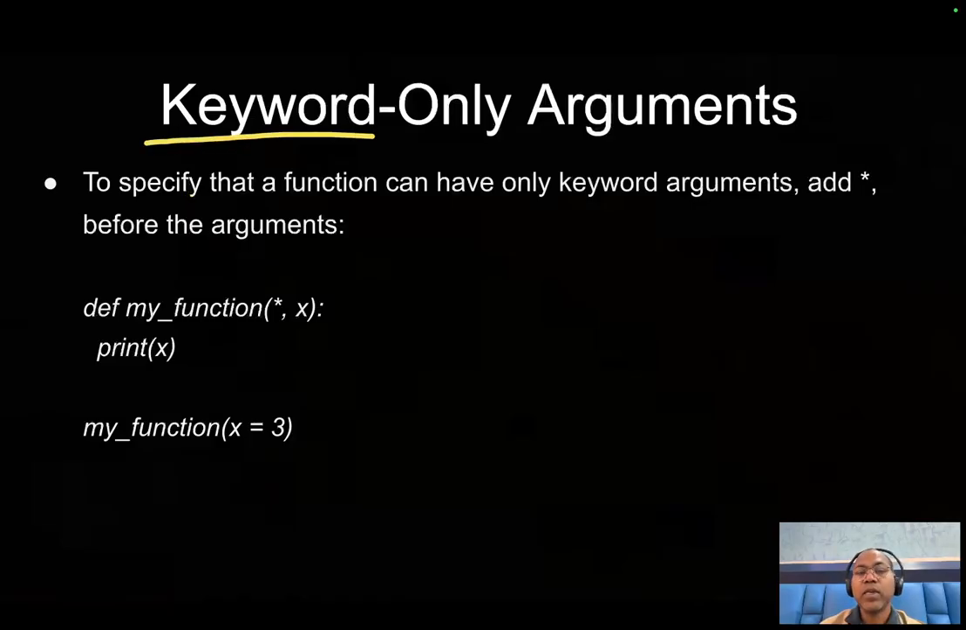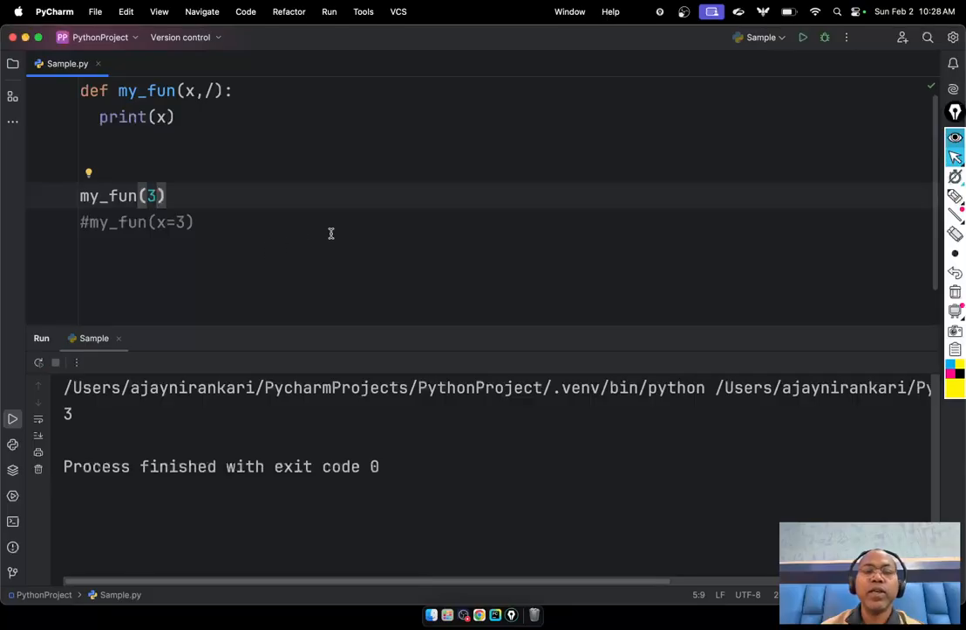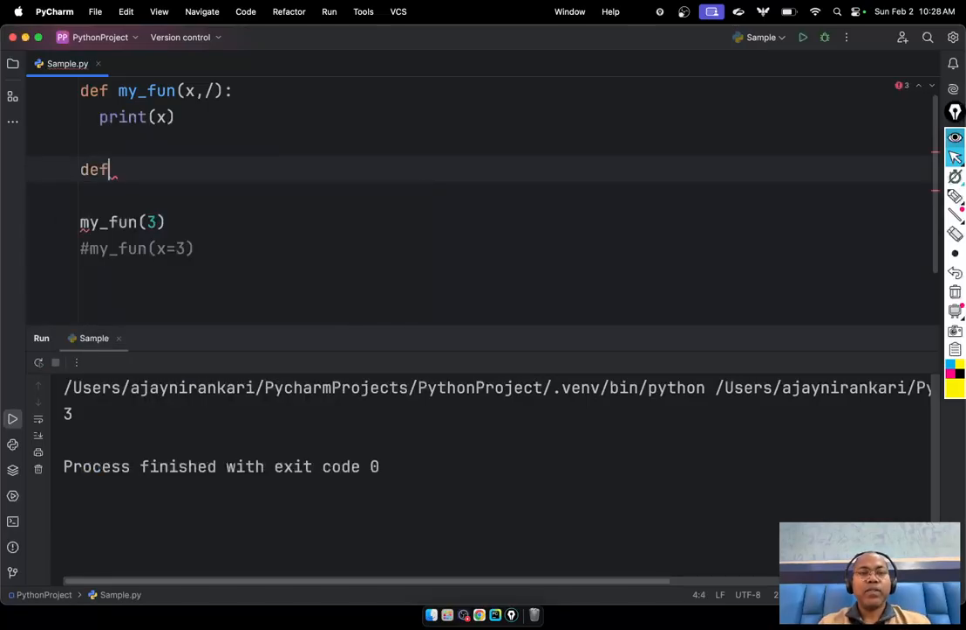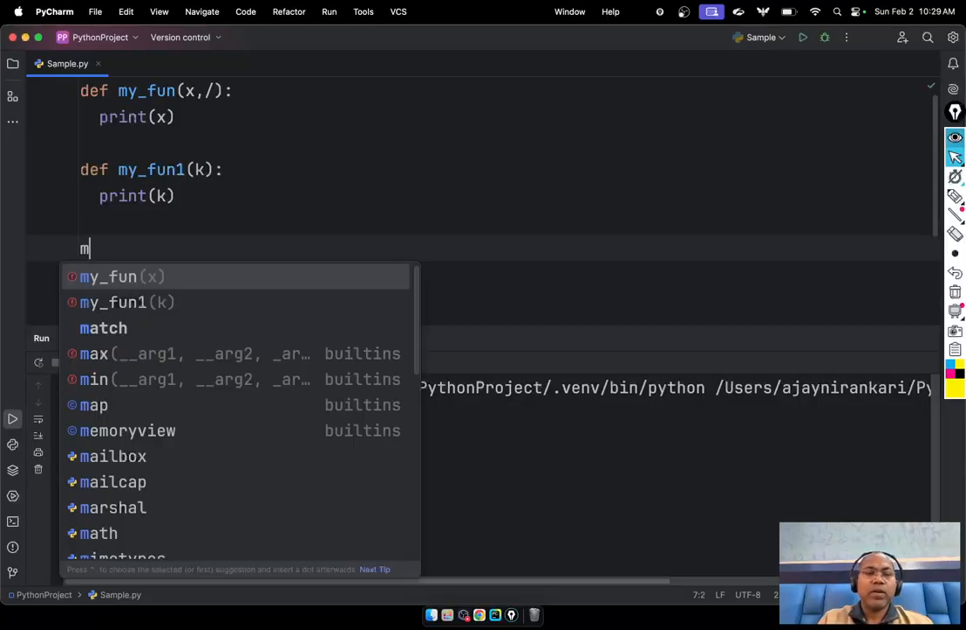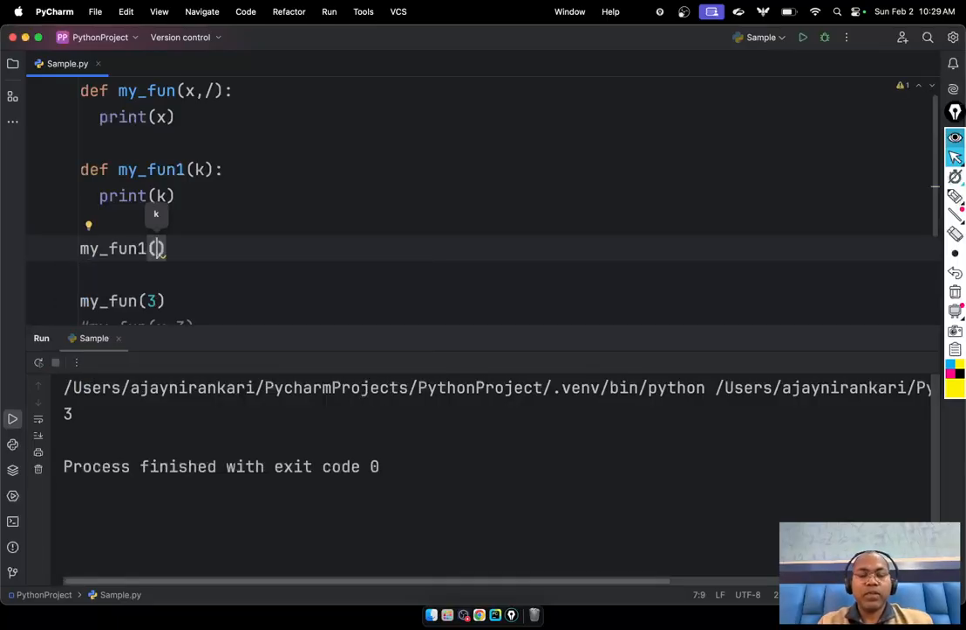Similarly, we have keyword-only arguments. You can say, I want to define my function so that it only accepts keywords. Let's define my function one with a key parameter and print the key. Okay, and if someone calls my function one and passes the value 4,